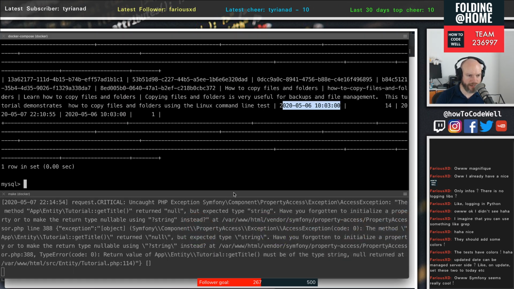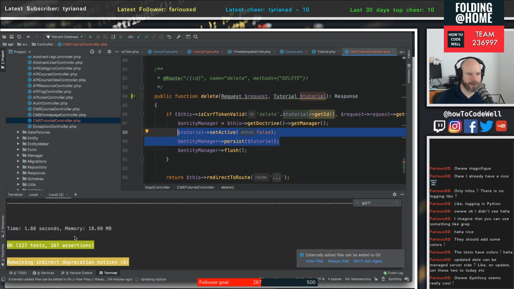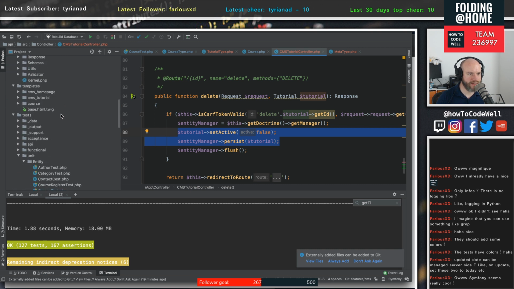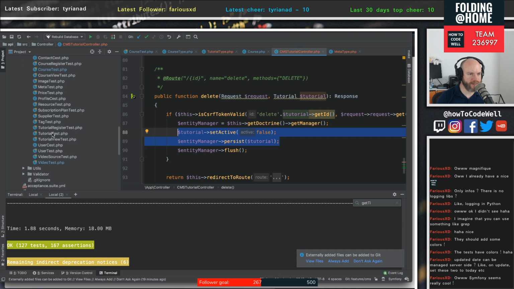So let's go back over to here and tail the logs again. So get type must be a string, but it's returning null, of tutorial. This is the same as what we had with the course, I believe. So yeah, okay, we've swum in these waters before. So essentially what I need to do in the tutorial test, if I can find it here,